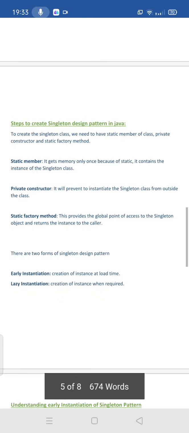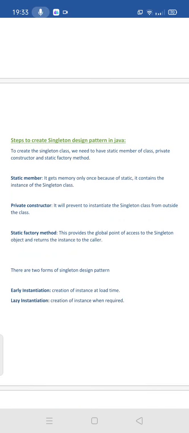And the static factory method, what is its purpose? Outside, it won't allow instantiation or creating an object, because we are declaring the private constructor. So how can we use the singleton design pattern outside?